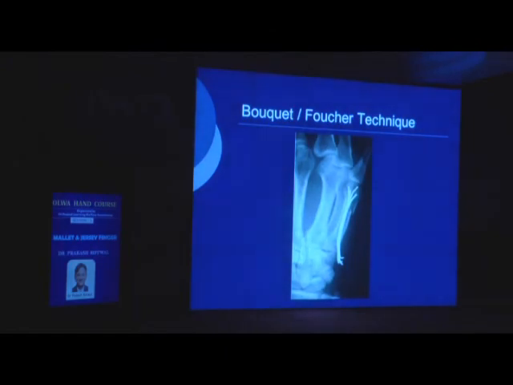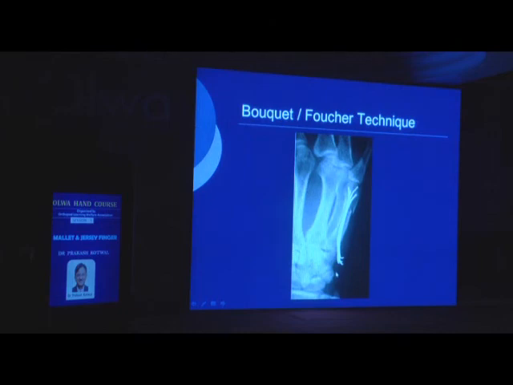This is another method. And then you have the famous bouquet or the Fouché technique. Fouché is a French surgeon. So this is the Fouché technique wherein for a metacarpal fracture, you can pass multiple fine K-wires going into the canal of the metacarpal, going up to the head of the metacarpal, like Shailesh said, not going beyond, and leave multiple wires here. So this actually gives stability. It gives rotational stability. That's important because we are putting in multiple K-wires. And then the K-wires are removed, obviously, after 3 to 4 weeks after the fracture is united.